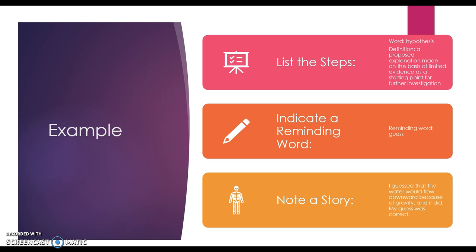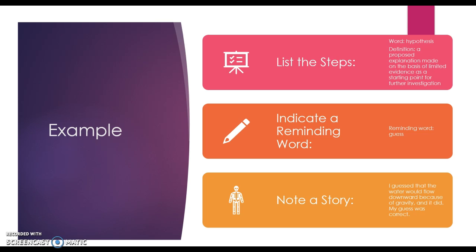So for an example, I did an example about the word hypothesis, thinking that a student in the elementary school range may not understand this word. So for the list of steps, the word was hypothesis, and the definition was a proposed explanation made on the basis of limited evidence as a starting point for further investigation. The next step for the indicate a reminding word, my reminding word was guess, just because, when we were students, you were kind of taught that a hypothesis was an educated scientific guess,